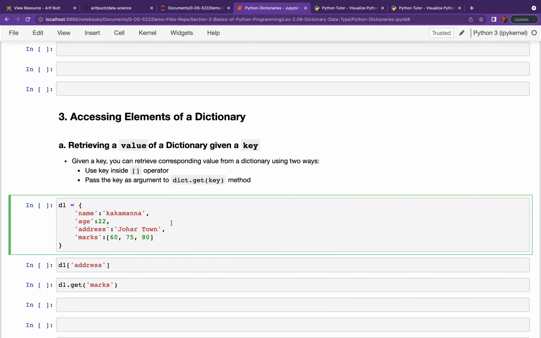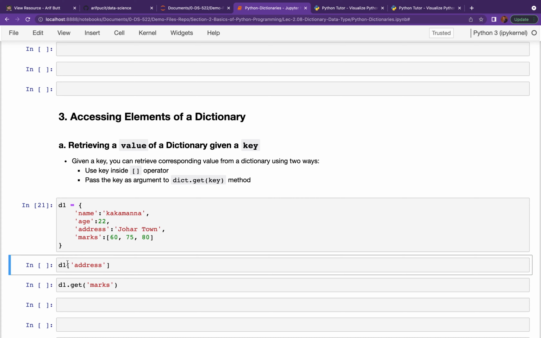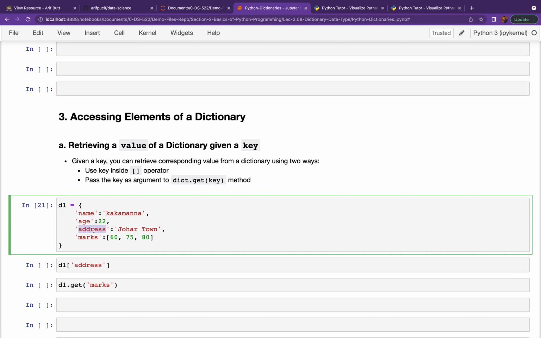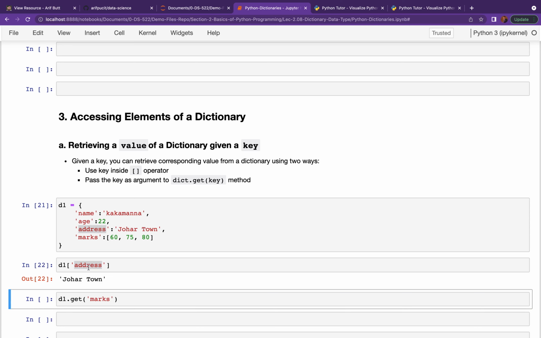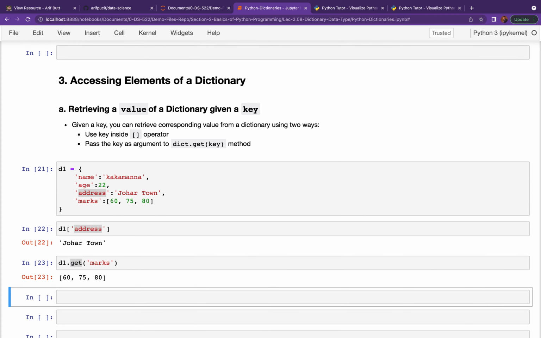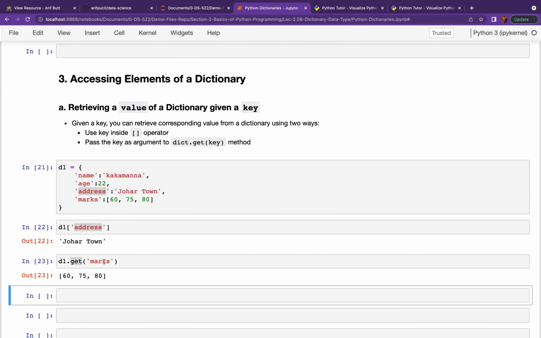Let's suppose this is our dictionary and we can access the value corresponding to the key address using the straight brackets. Remember, we are not passing the index, we are passing the key. And the other way, instead of using this straight bracket, you can use the dictionary method, that is get. And you pass, of course, the key to this get method.